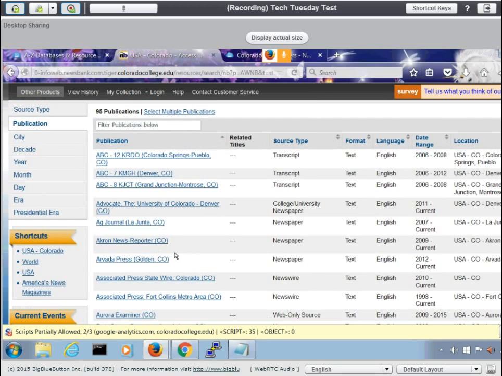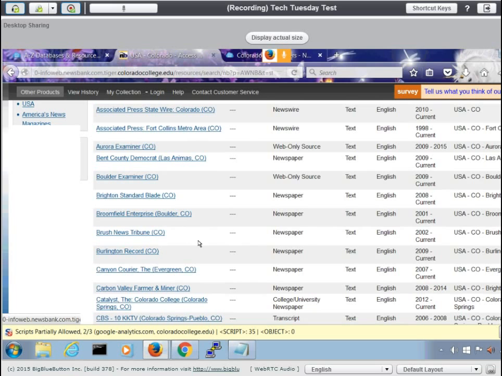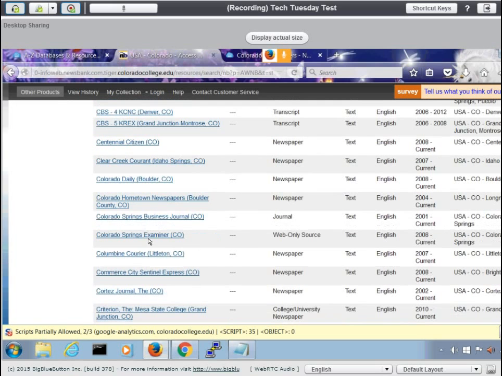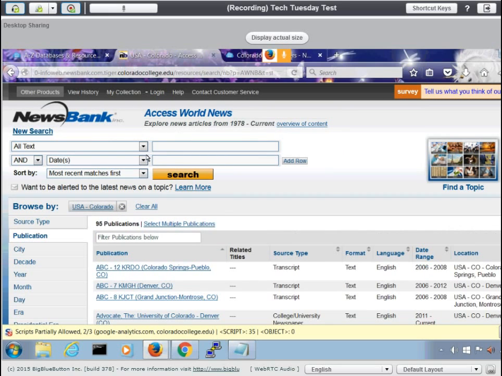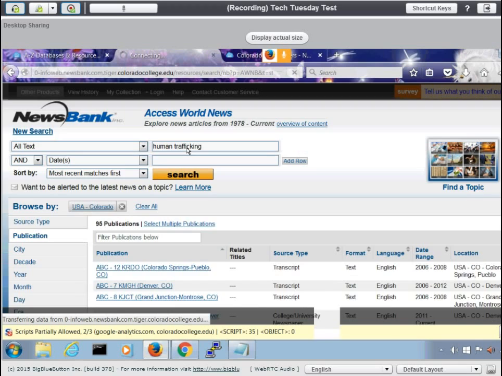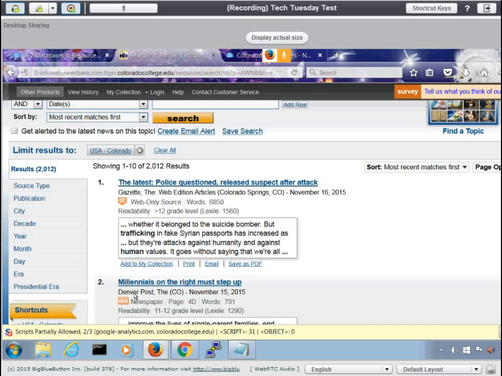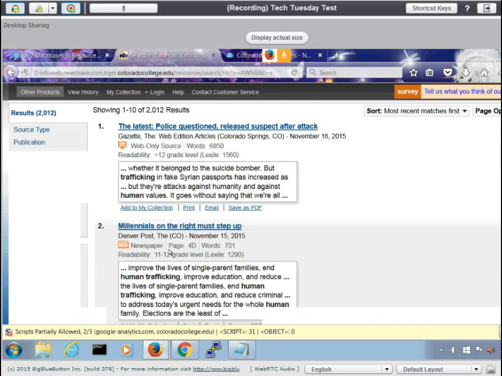It's actually not just newspapers. There's also transcripts. There's college and university newspapers. There's even some blogs in here. But you get a good selection of Colorado news sources here. And let's see. If we do a search, human trafficking. You can see that these are all limiting to Colorado. We've got it from the Gazette, the Denver Post. And